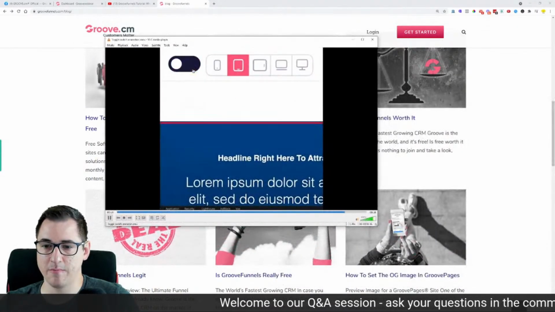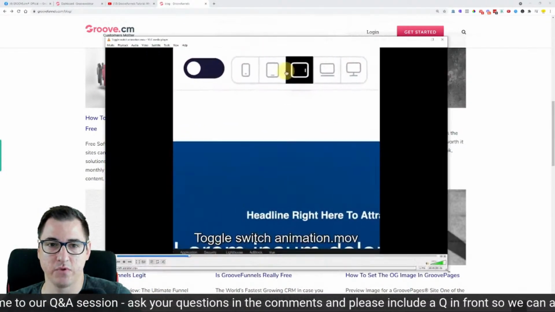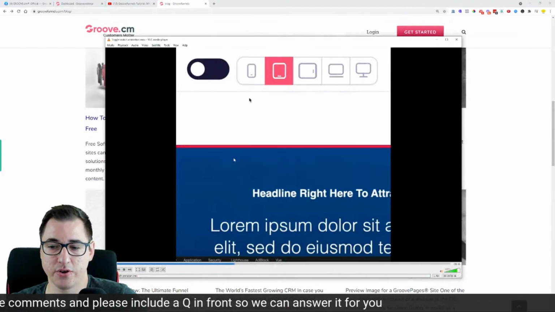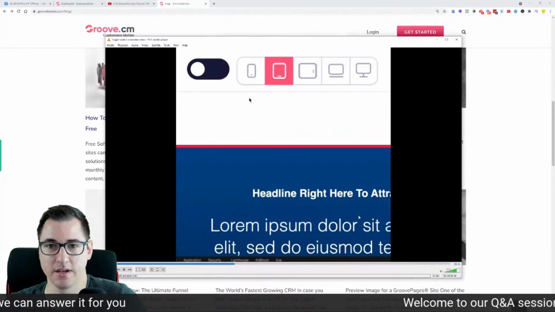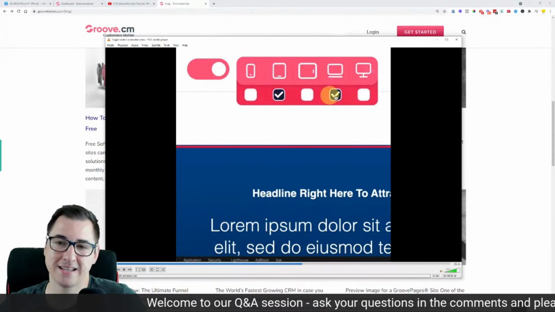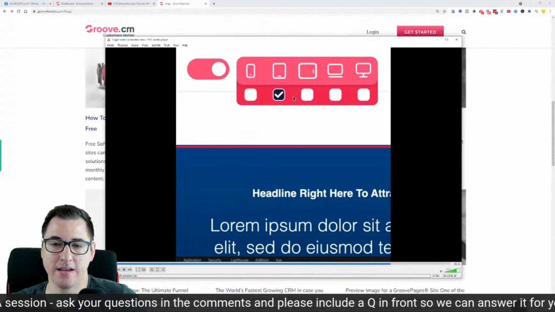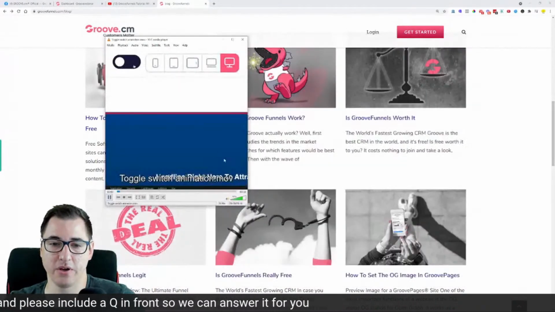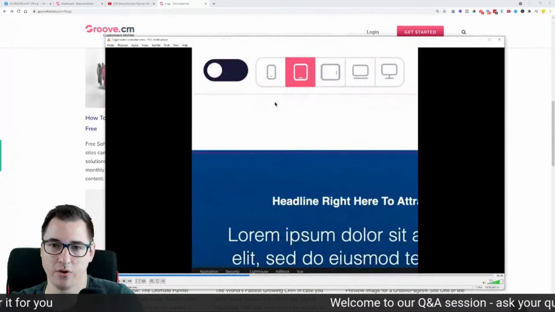So you should be seeing on my screen right now, this is the plan of what we are planning to add. You can toggle the switch, which is going to be for all devices, or if you turn it off, let me just slow the video down a little bit. If you toggle it, then it's all devices or the selected devices. You see, so this is going to be the system that we will be adding on. But at this moment, we have stalled with the development of this functionality because of the changes that are more necessary for more users to be able to work with the platform.